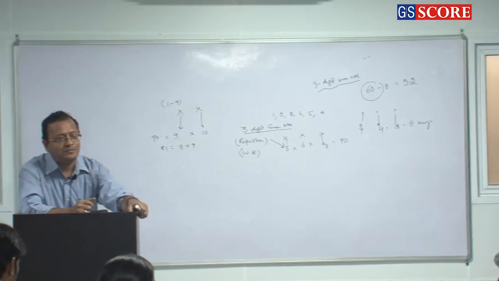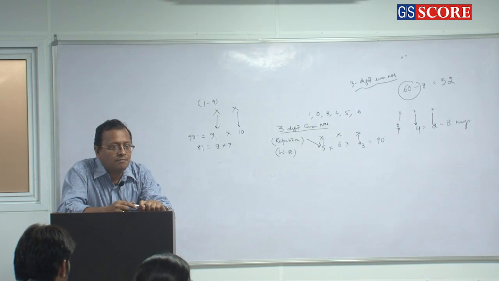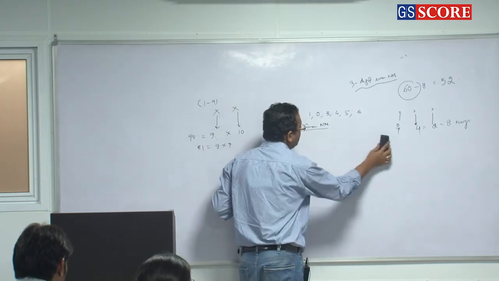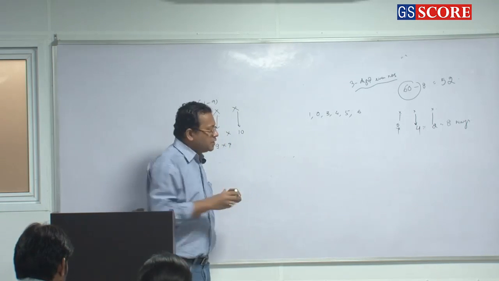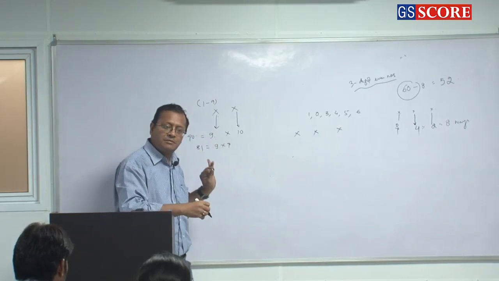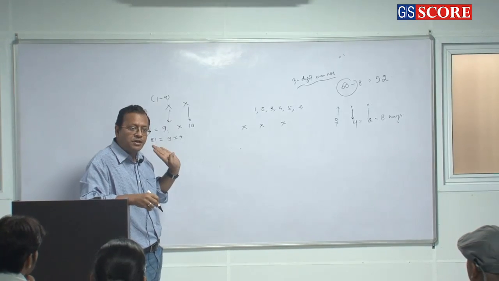Clear or not? Sir, for the repetition case, can we do it in the conventional manner, like first selecting the even number and then the 2 numbers? You can do it. Repetition, conventional manner. Okay, no problem. So conventional manner, which means I have to find even numbers of 3 digits which have got the digits repeated.